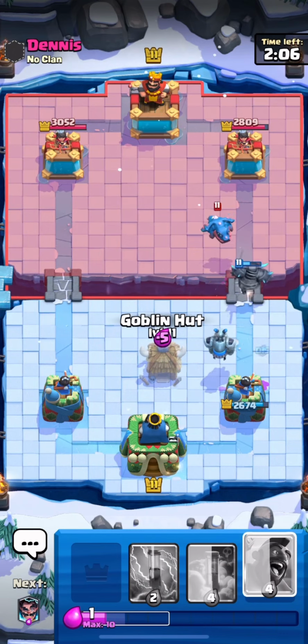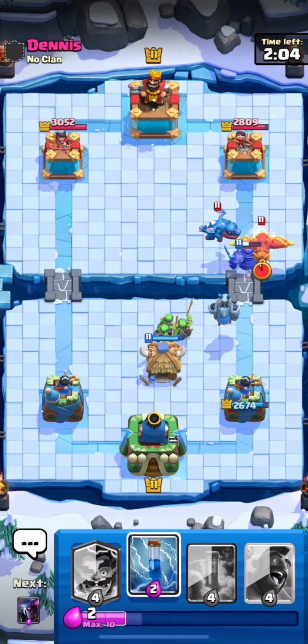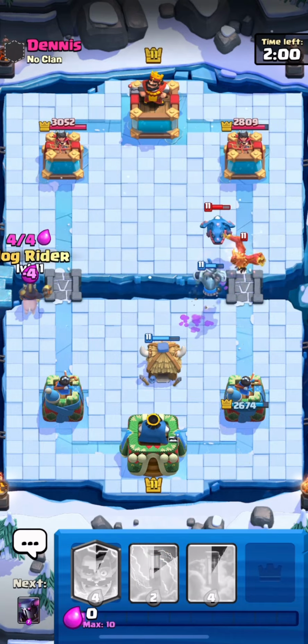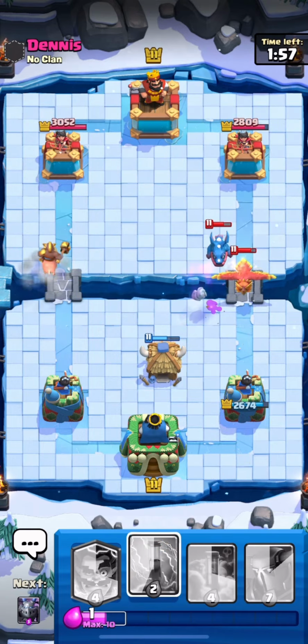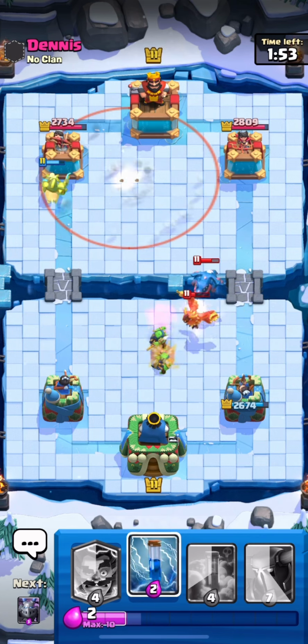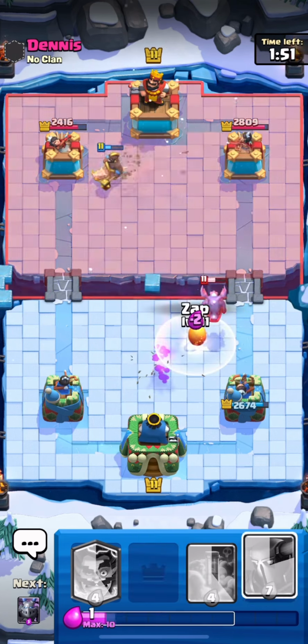We're going to play another Goblin Hut to kill that Electro Dragon. I think, oh, he uses his Tornado. We were saving the Hog Rider for when he uses Tornado, so we're actually going to use it now. And that should get a couple of hits on the tower because I don't know how he can defend that. But surprise, surprise, he has a Mirror